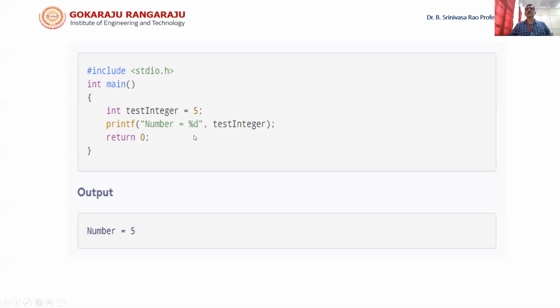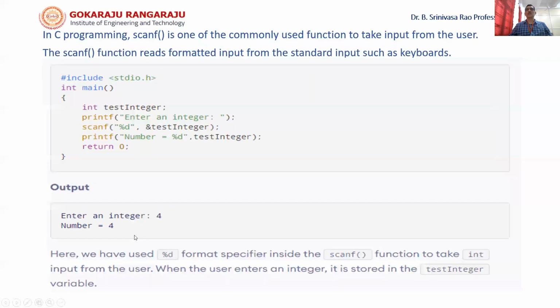However, in the format specification, we give a format that first we have to write the string number equal to symbol, and wherever the control string is mentioned, there the value is printed. So now you see in the output, the number equal to symbol and the value are printed. In that way, this is another type of printf statement that we can use. Next one is that